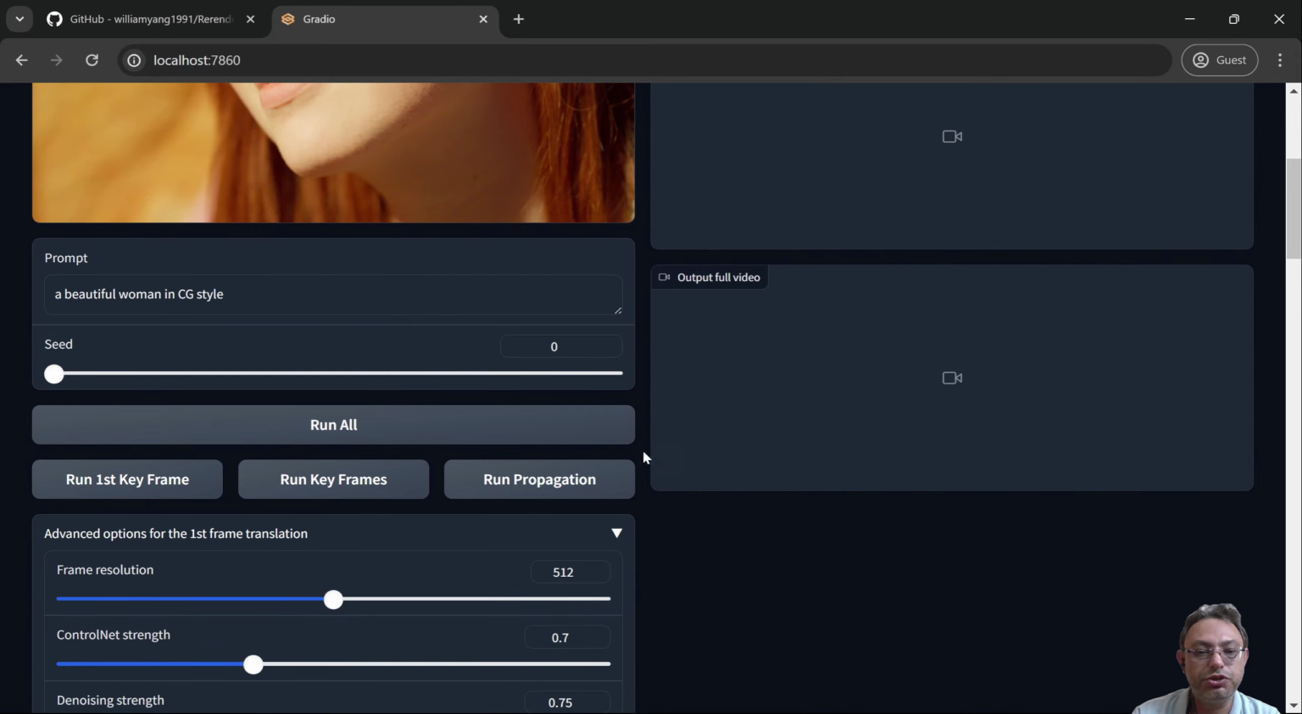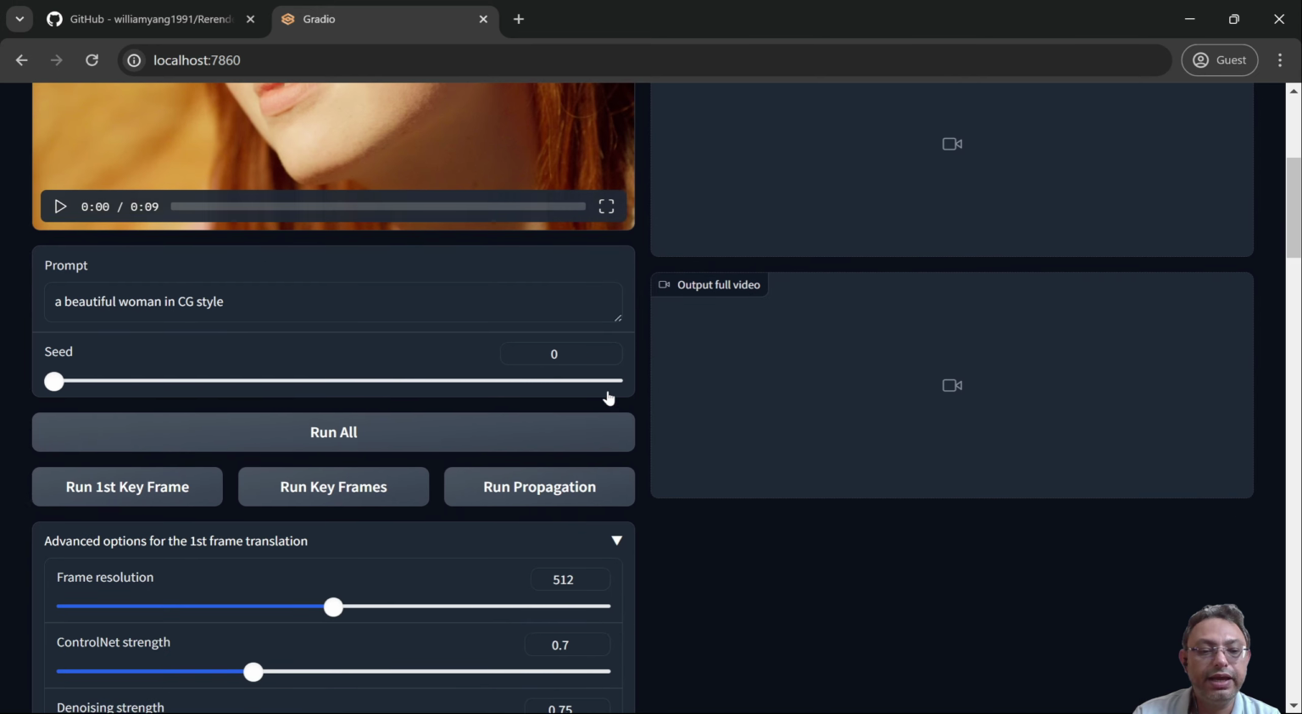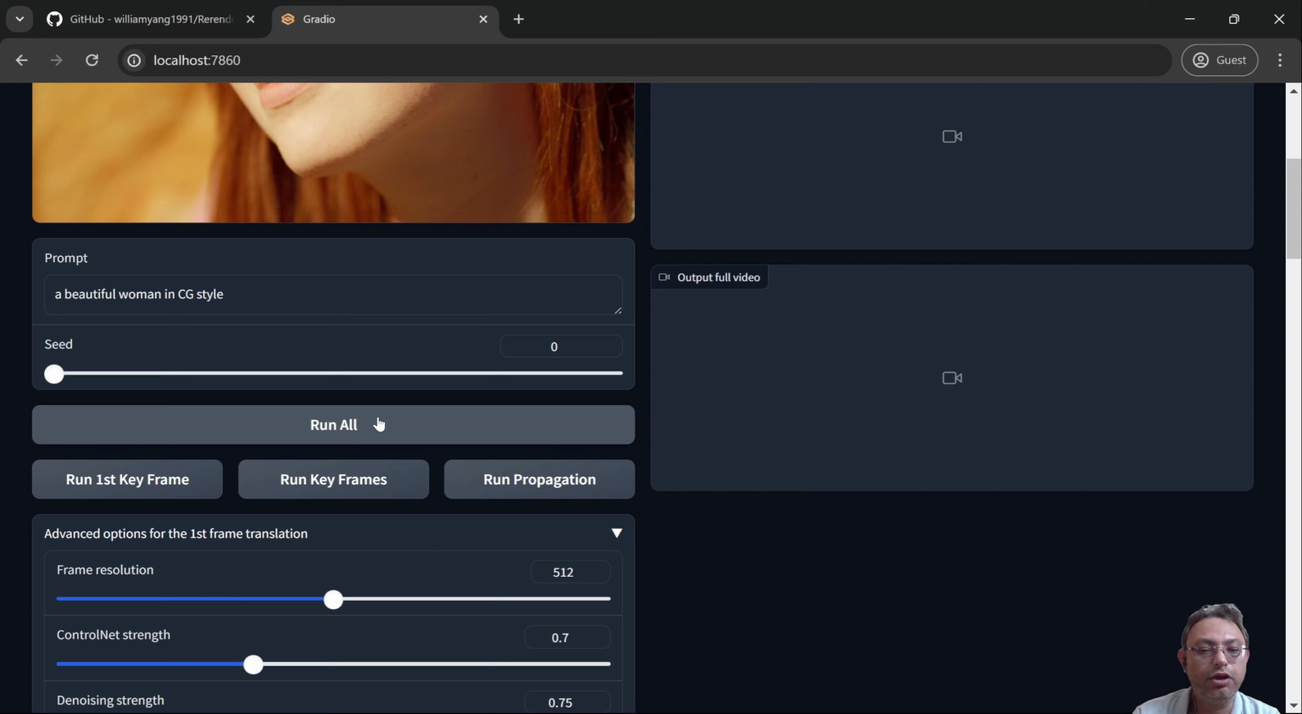Now, how to use this tool? What we need to do is we define a prompt here. So instead of running the entire video, what we can do is we can run the first keyframe and it will translate the first keyframe of the video using these settings that we are using. So the best approach is to first try to run the first keyframe, see the result, and then move with run all to convert the entire video. Now, if I click on run first keyframe,